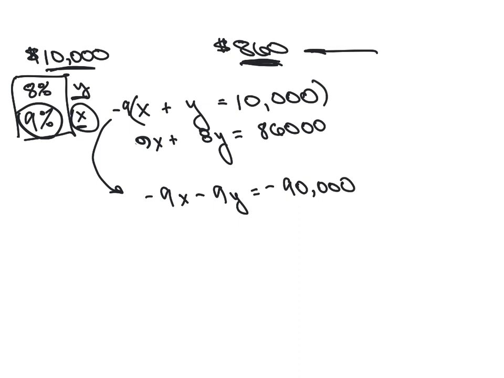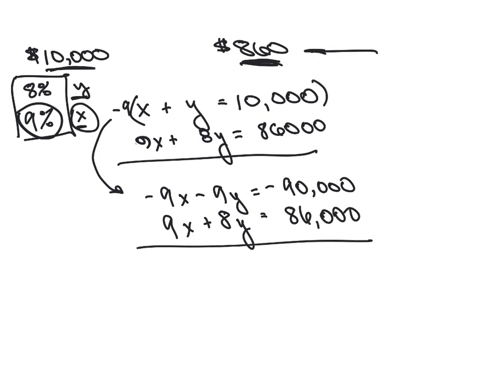Okay. So when I add these, I get 0. When I add these, I get negative y equals negative 90,000